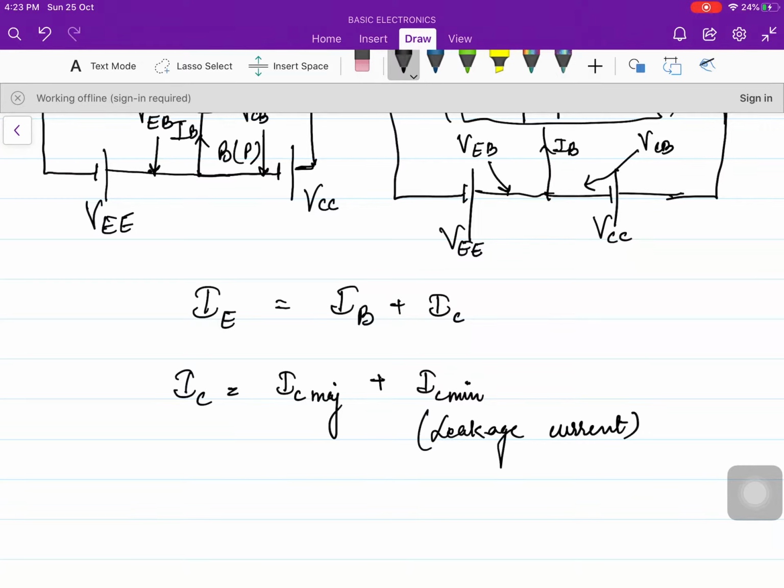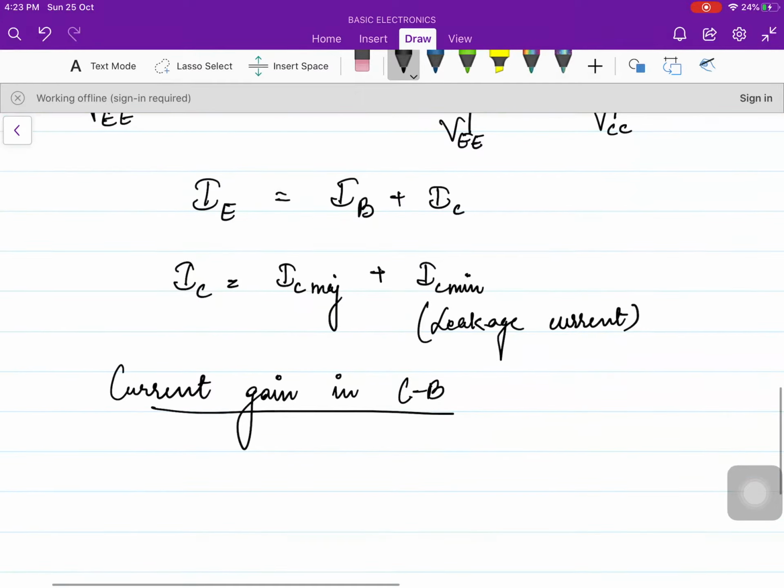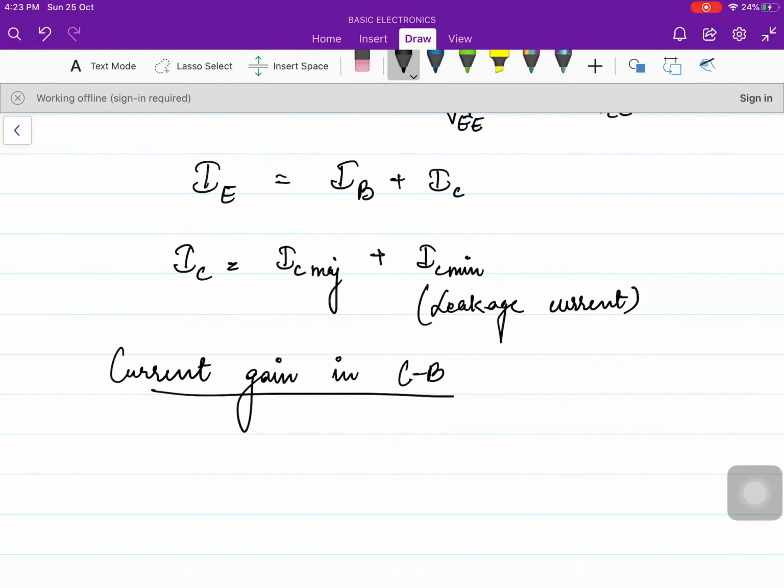Now as you can see, let us see the current gain. What is the current gain in common base? I am writing the short form. So what is the current gain in general? Current gain is simply the output current upon input current. If you are asked to tell what is voltage gain, then simply output voltage upon input voltage. So current gain, we always denote the current gain in common base by alpha. So wherever you find this alpha, just get to know that this is the current gain in common base configuration. It is output current upon input current.